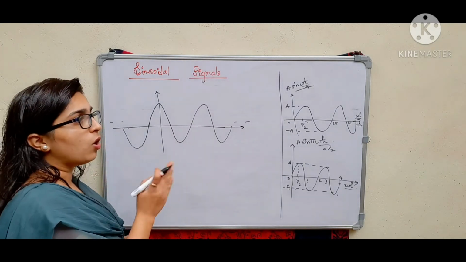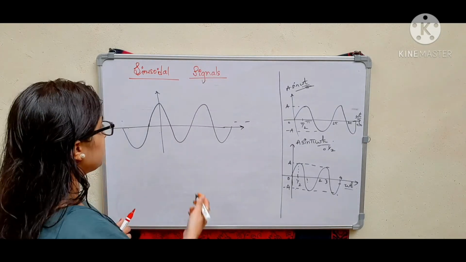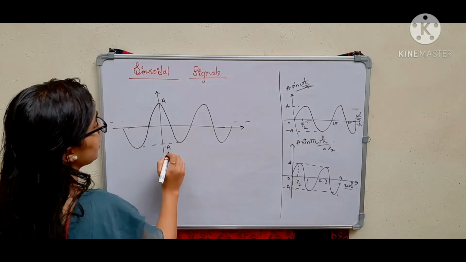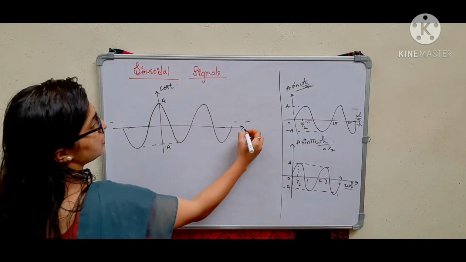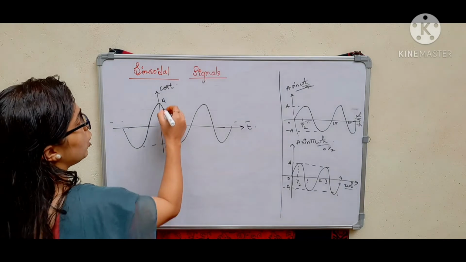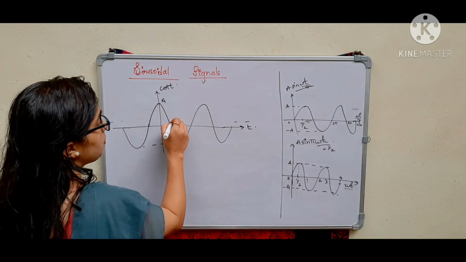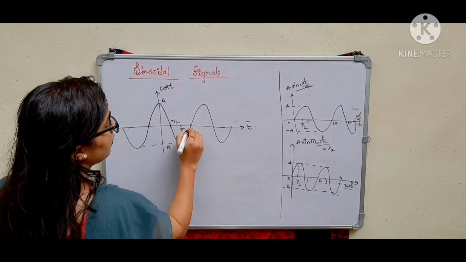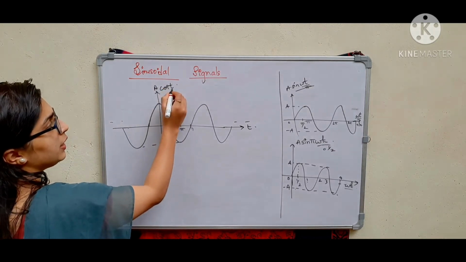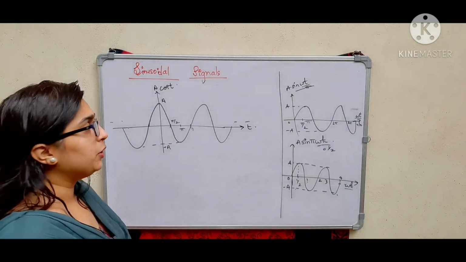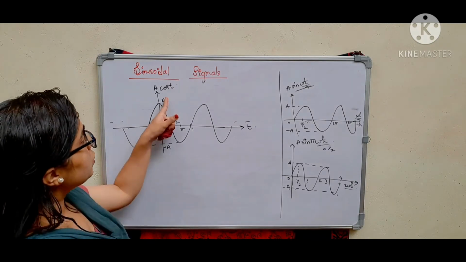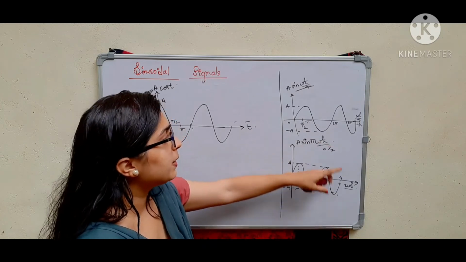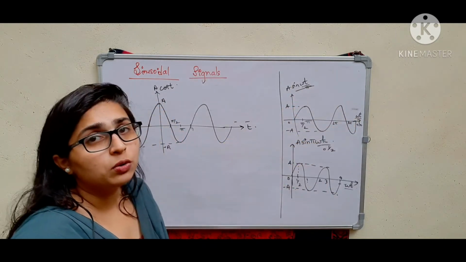You will study about the odd and even signals in the next videos. So this value is a and here it will be minus a. You know this is cos t and this is your t. So cos 0 will be equal to 1, cos pi by 2 will be equal to 0, then cos pi will be equal to minus 1. So minus 1 into a will be your minus a, which is the amplitude. So this is the cosine. You can represent the cosine also like this, cos pi omega t with respect to omega t, cos omega t with respect to omega t.